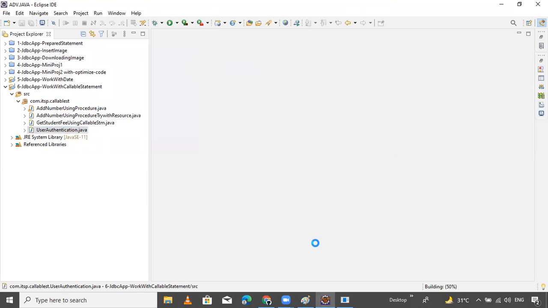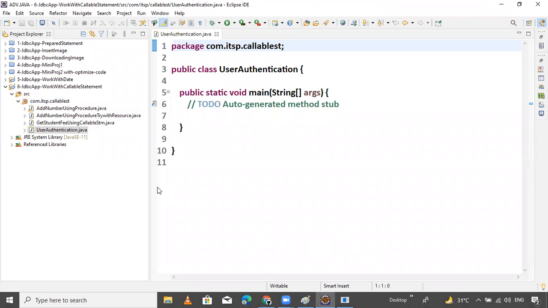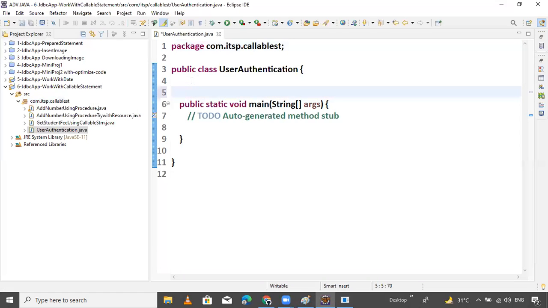Just first prepare the query. We follow full coding convention, guys, here also. In this type, first we prepare the query like a callable statement, static final. If you know static and final, you will get clarity very easily.